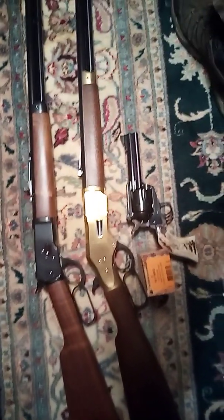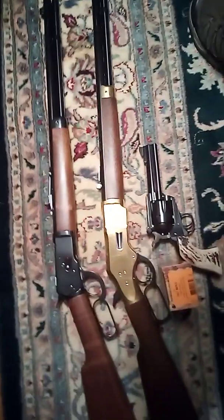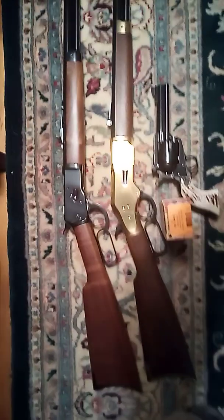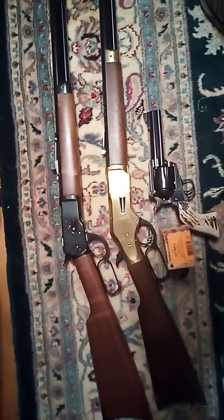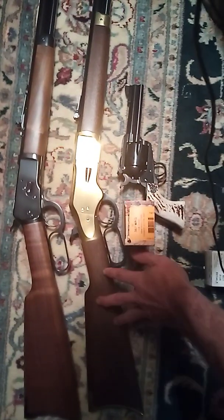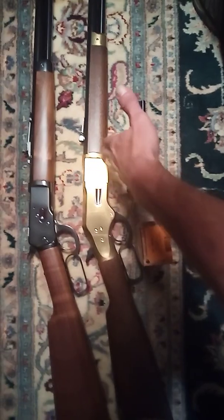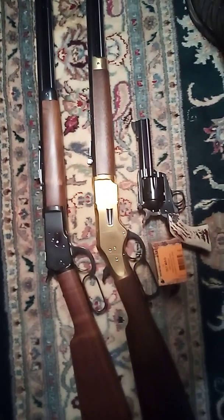I mean, the AR thing's overrated. It's a noisemaker. It's super loud. Wood and metal is classy. It's just the next level. You don't have to look like the wannabe Rambos that show up at the gun show in camouflage with their suspenders on. All the wannabe military types. I mean, they don't know what they're talking about. You want beautiful wood and flawless seams between the metal and the wood, or the brass in this case. And if you know anything about how the Japanese make samurai swords, they take pride in their work